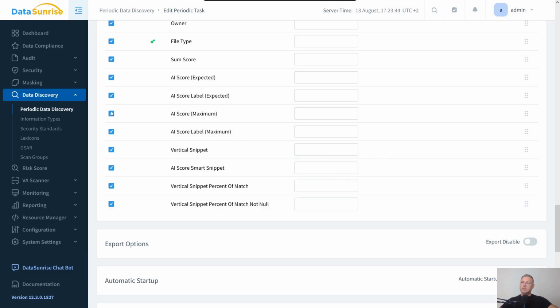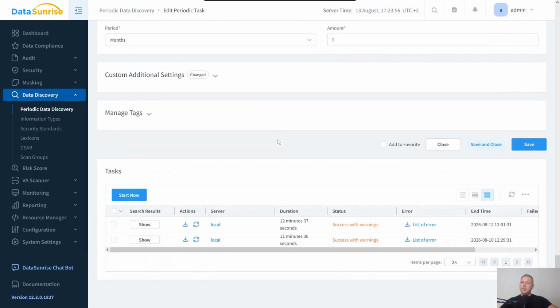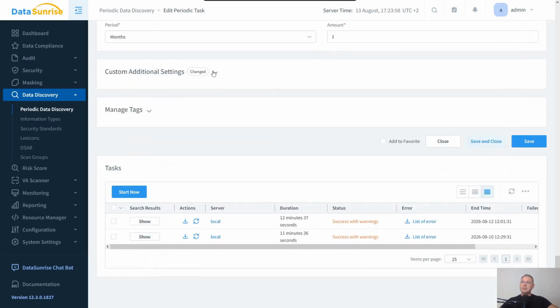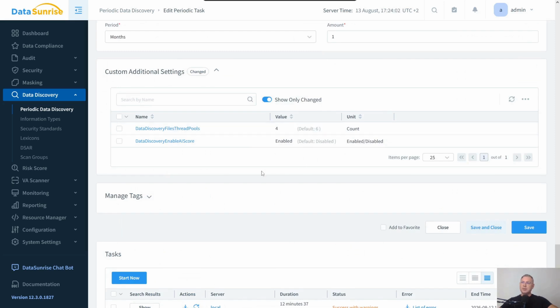I selected to have the AI score, maximum, and labels appear on the report. Also, I can use the smart snippet, and we can use them later when the report is generated. Now, the custom additional settings are very important. We can show only changed, and in this case, this is the most important thing to turn on, which is